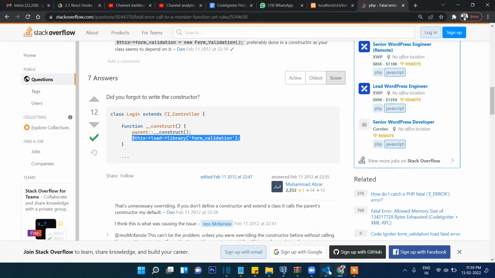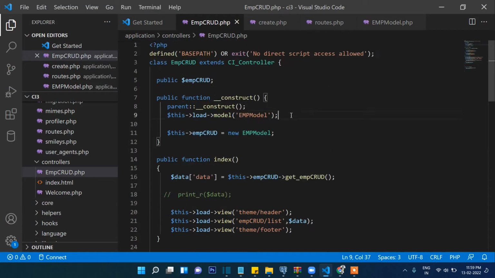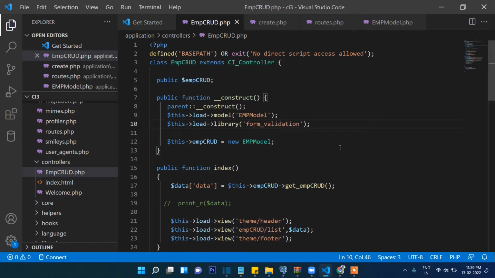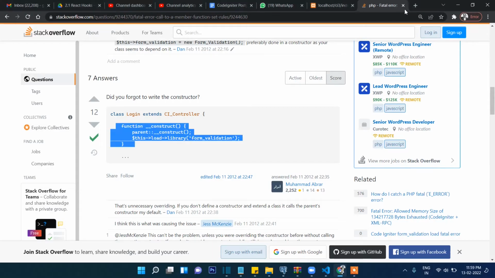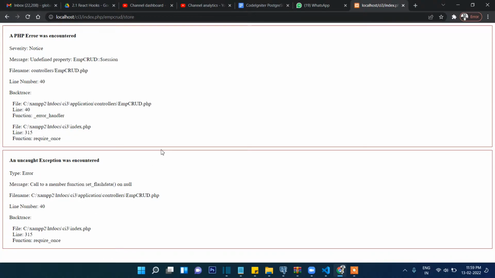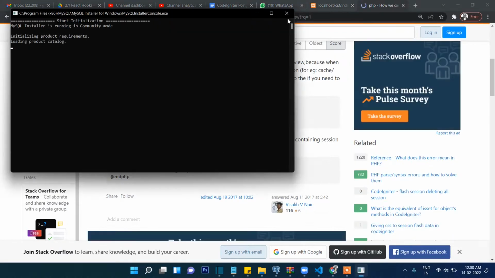public function construct here inside. Yes, here. This needs to be brought here. That should work. Still there is a problem. Set flash data. This one also needs to be called. So this one, this flash data,